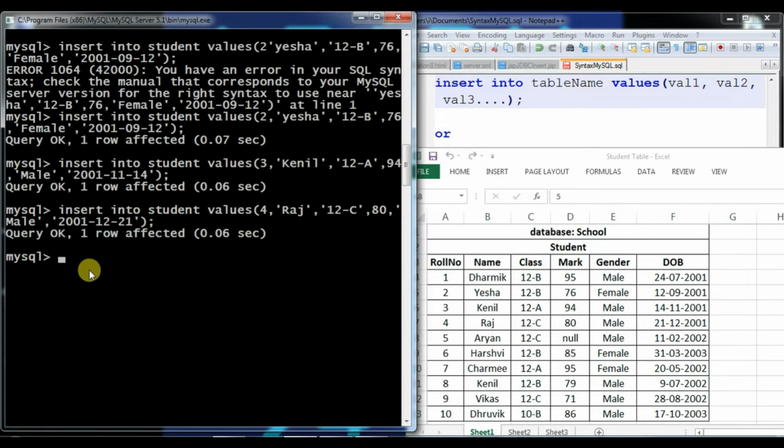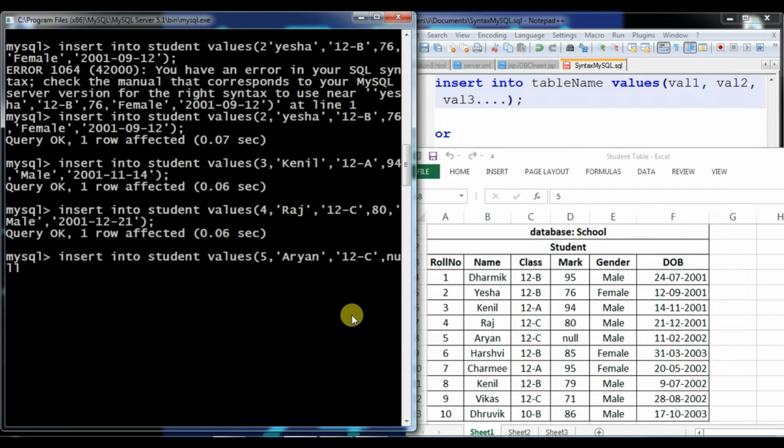At the time of inserting the fifth record, I am going to use the same format as the previous one. So insert into table name, that is student, values, round bracket start. The fifth record roll number is 5, Aryan in single quotes, next 12C, and then the null value, so comma, and you have to write null without single or double quote.